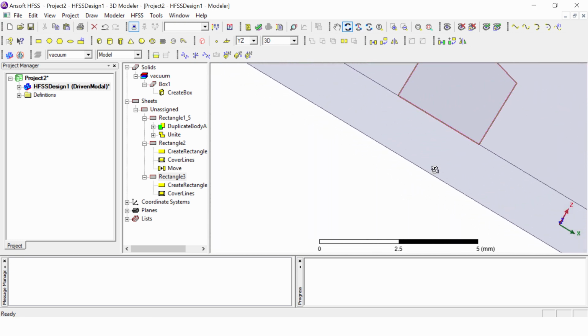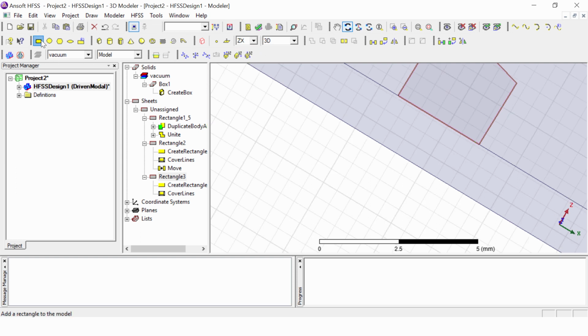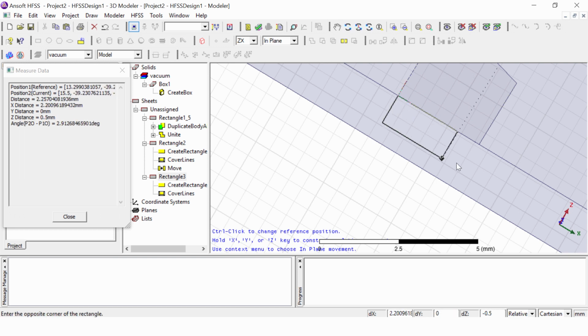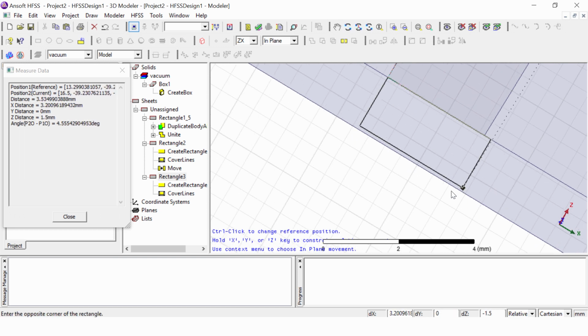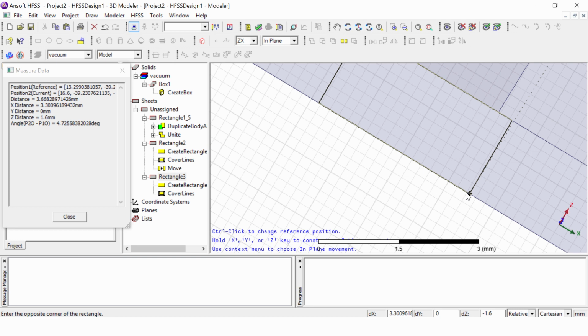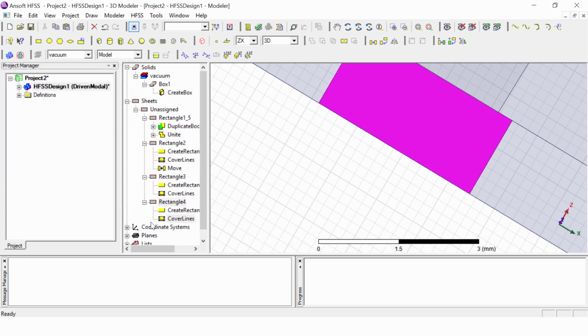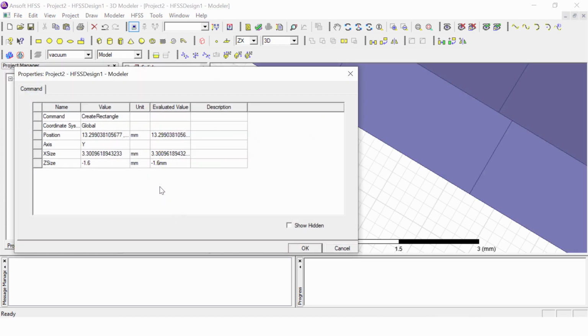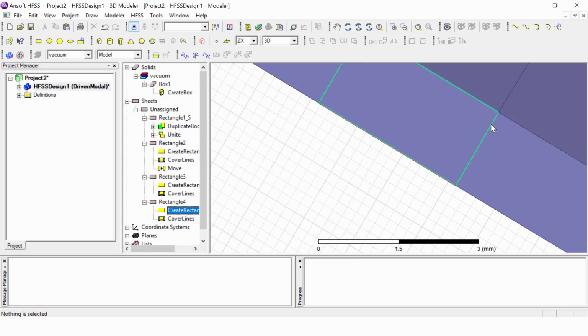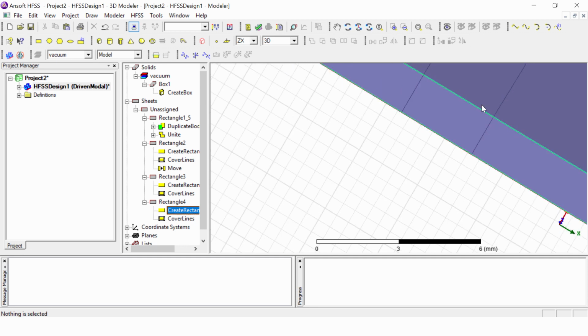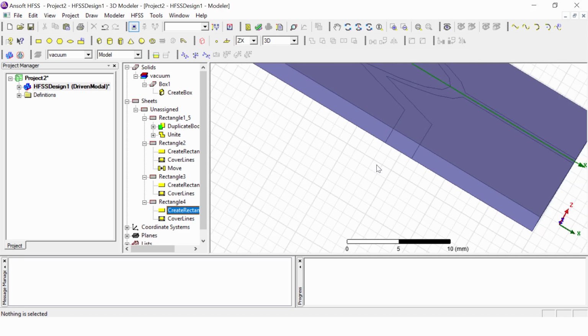Place a rectangle here. This is the XZ plane. Take the XZ plane and draw the rectangle. Here we have a rectangle, but the X size is 3.3. We have to put it as 3, so that this will be perfectly matched, because we know the line width is 3 mm, so this should also be 3 mm.